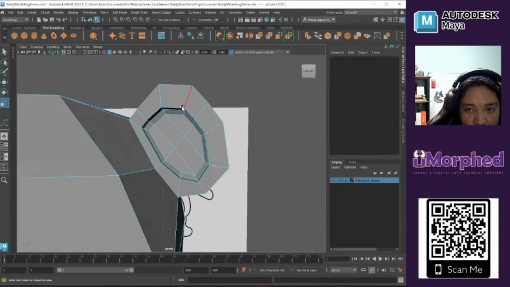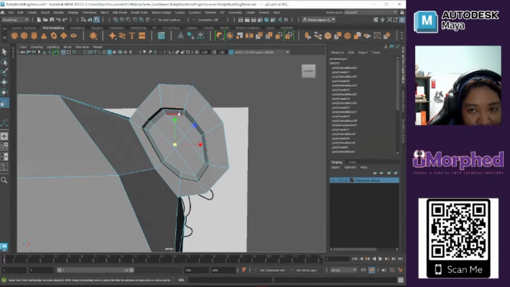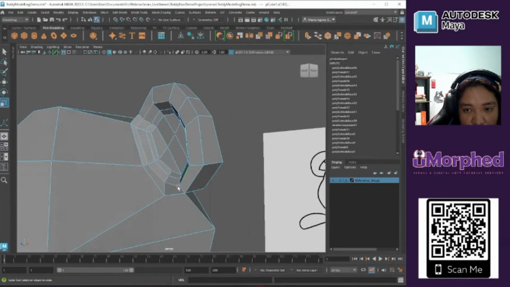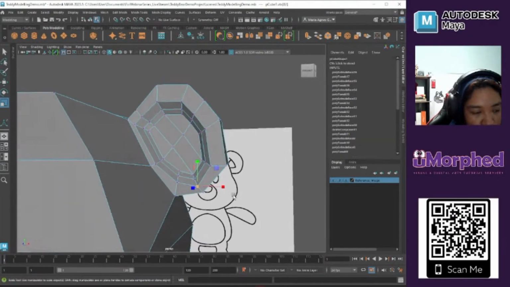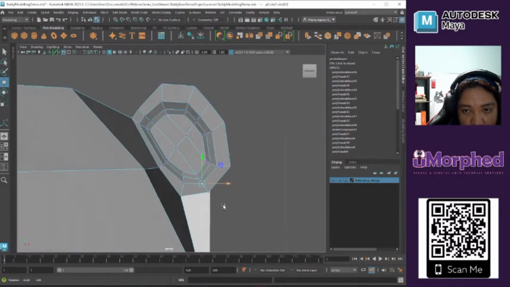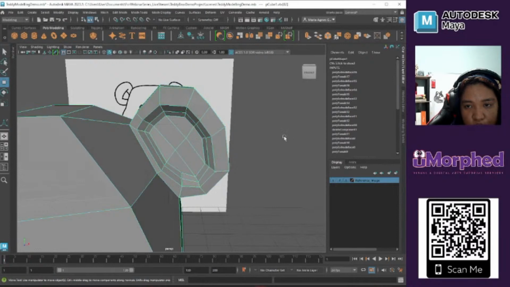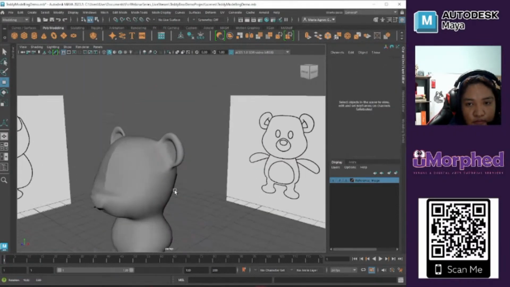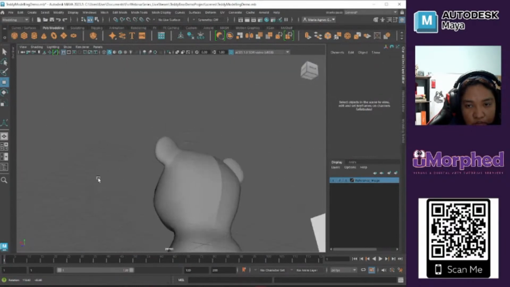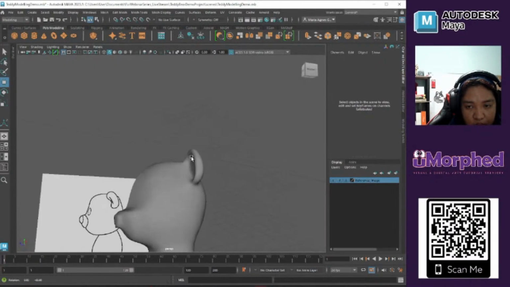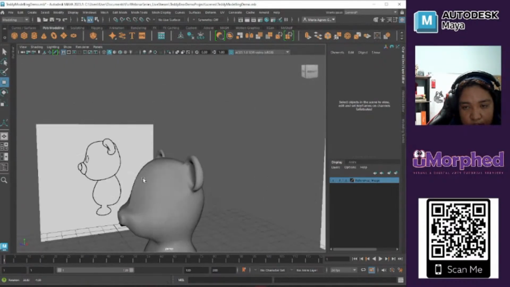Okay, edges. If you're not contented with the feature of the ear, you can actually modify it according to what you prepared. Okay. I guess I'm good now with this one. So let's see if it's in smooth view. Okay, there. Yes, I'm happy now with this ear. Although it's not almost the same as the reference, it's quite great anyway. Okay, so